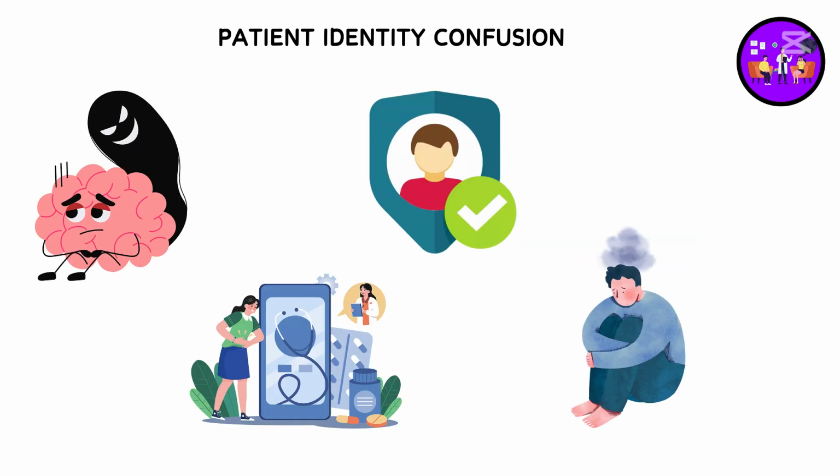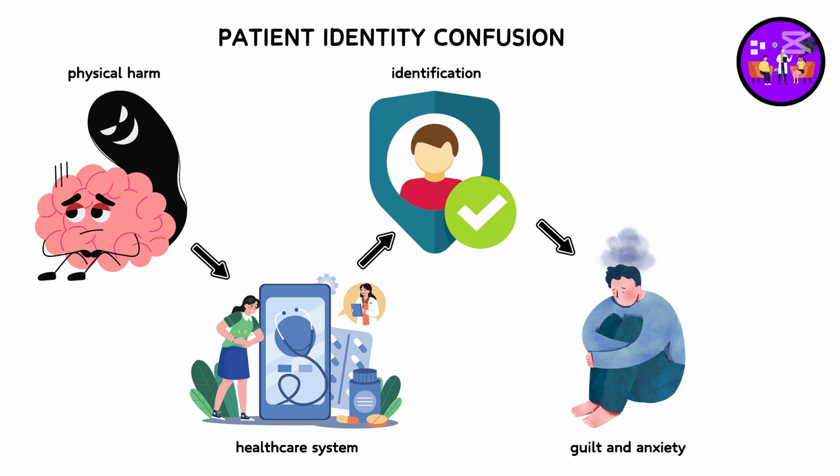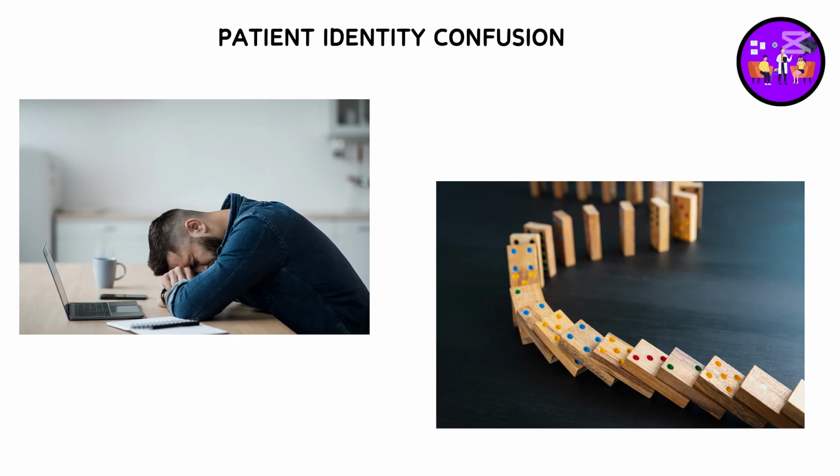The psychological trauma extends beyond physical harm. Patients lose trust in the healthcare system, knowing their safety depends on something as basic as correct identification. Healthcare providers involved in these mistakes often experience severe guilt and anxiety about future errors. The most profound aspect is how such a seemingly simple mistake, confusing one patient for another, can lead to such